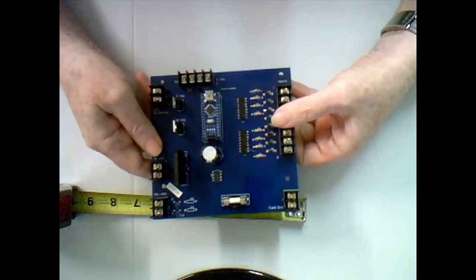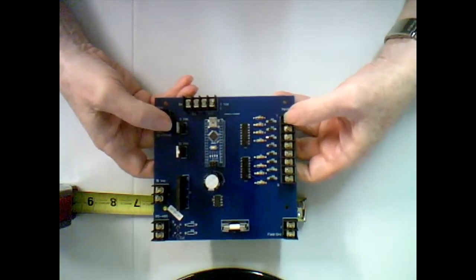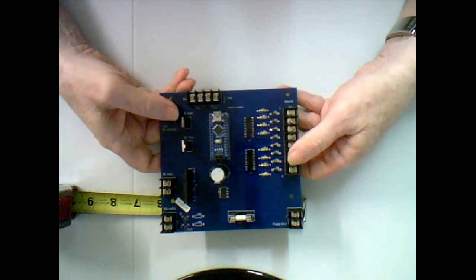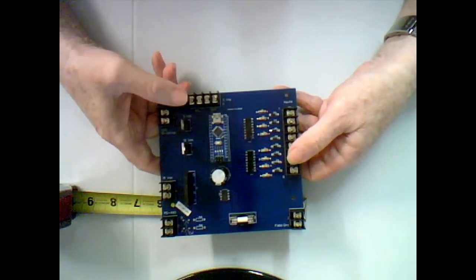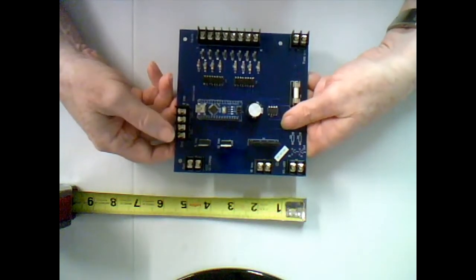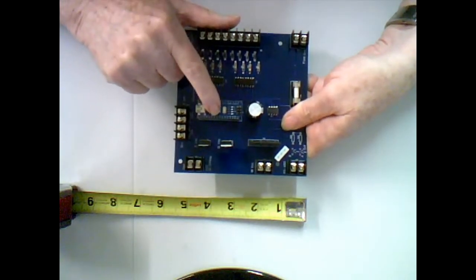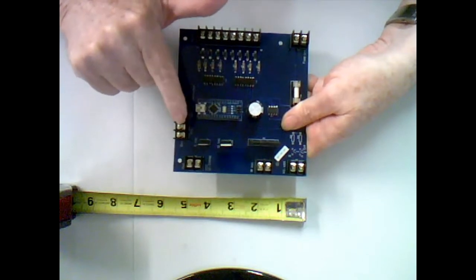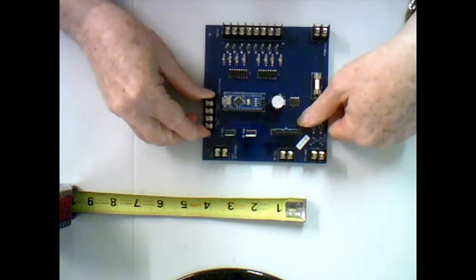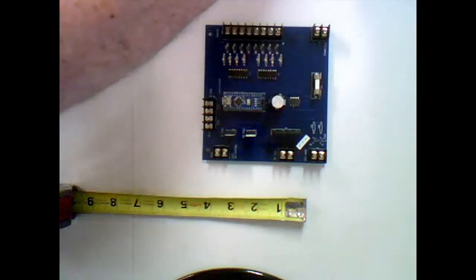Let me bring back my 8 input card again. One thing that I didn't discuss on this was the fact that it's not only 8 inputs, but it's an output card too. But it's not a digital output card. It's an I2C output. Okay, an I2C is a communications protocol coming out of the Arduino chip, out of the Nano. We communicate through this to other external devices. And what I do with that